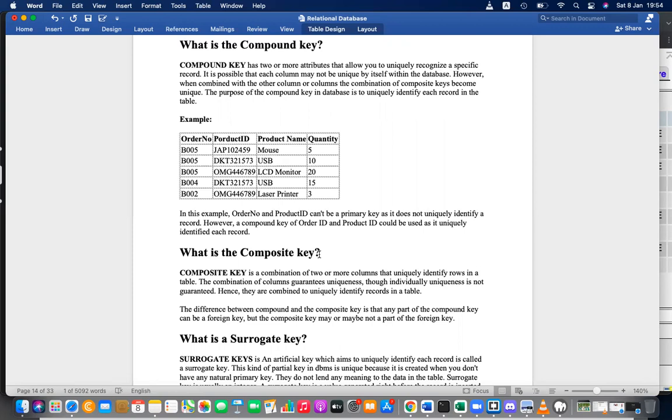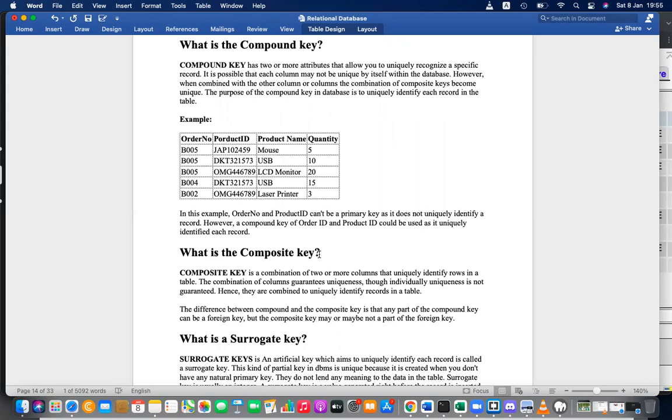That is called a composite key. Remember, that is composite.